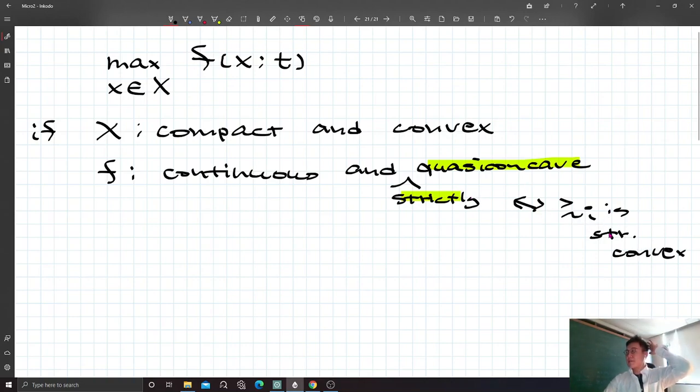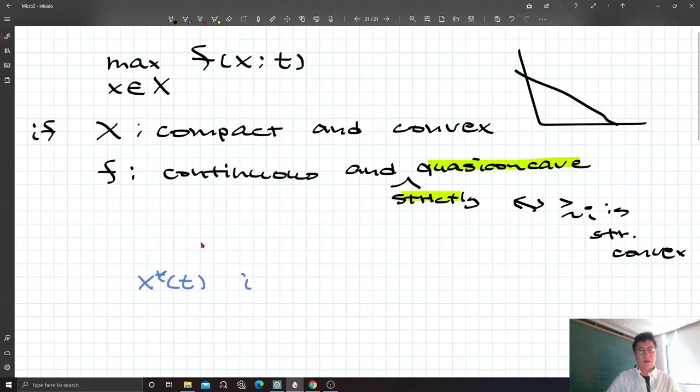I mean, if the preference relation is strictly convex, consumer i's utility function, the objective function in this maximization problem, is going to be strictly quasi-concave. Berge's maximum theorem tells us the choice set is compact and convex, right? Think about the budget set. The budget set is a compact set, bounded and closed, and convex, and the utility function is continuous and strictly quasi-concave as long as the preference relation is strictly convex. So if these assumptions are satisfied, then the maximizer x star